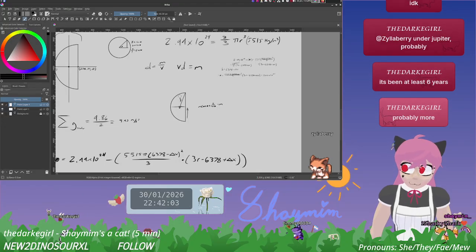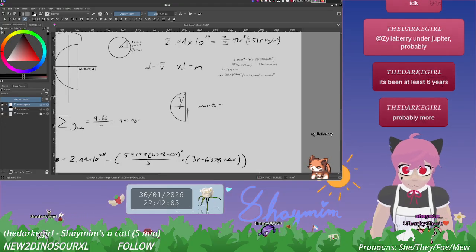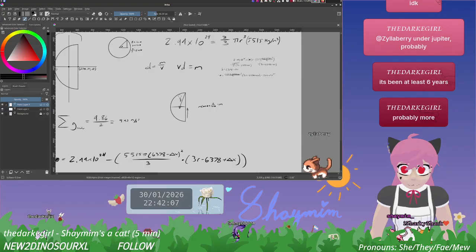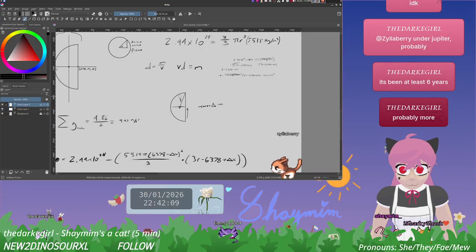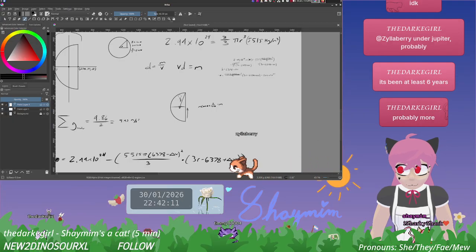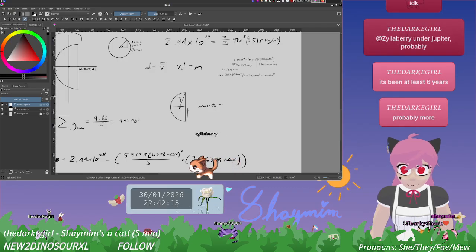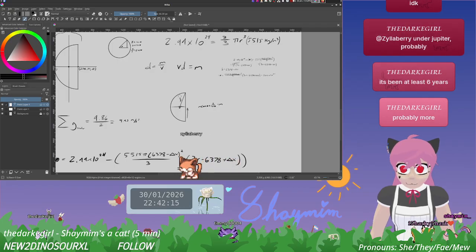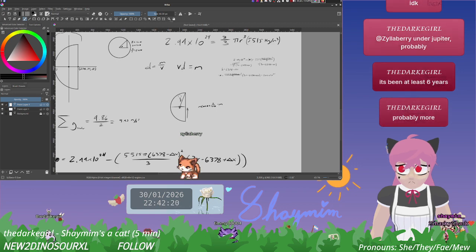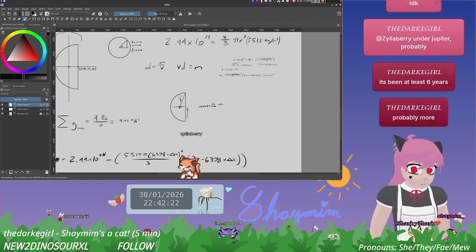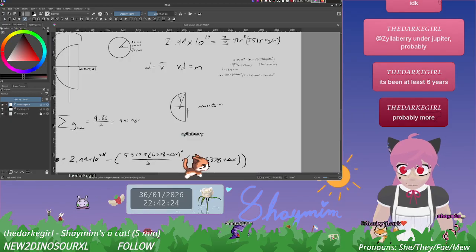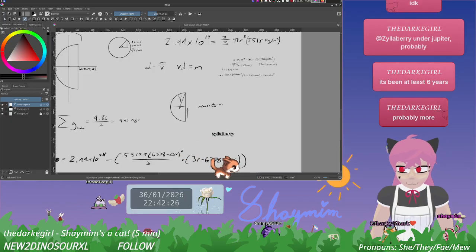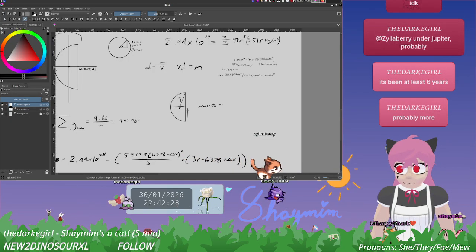So x is the distance to the center. And then that's how that works, I think. Maybe? I don't know. But what we can then conclude,